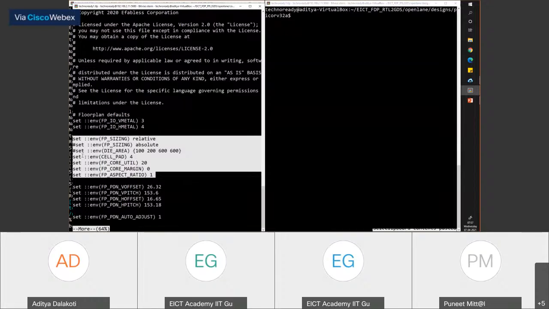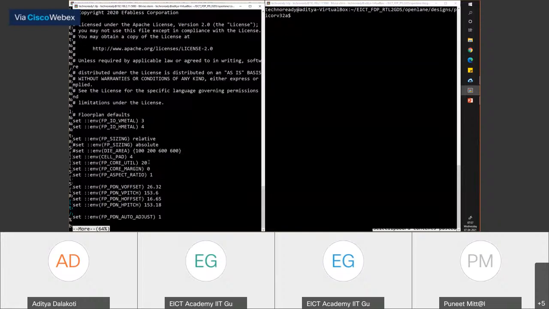Now, I tell the tool what percentage of my design that gate area is. So here I specify that 20% of my area is my actual gate count, and 80% should be empty. That's how I specify the utilization. So utilization tells how much area would be used by my gates. That is the FP core utilization.